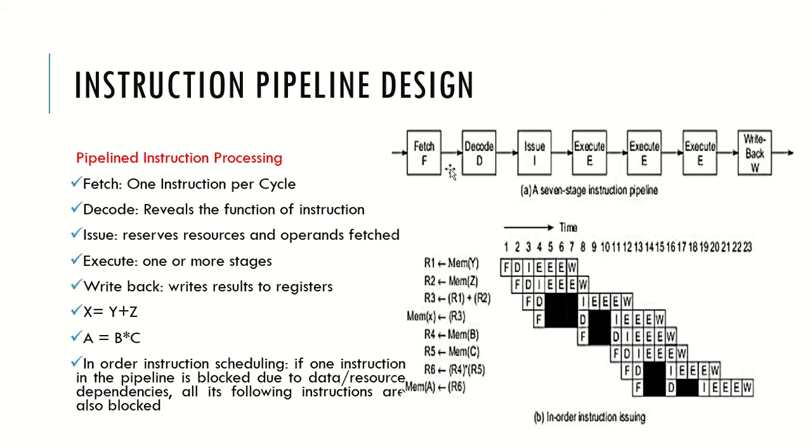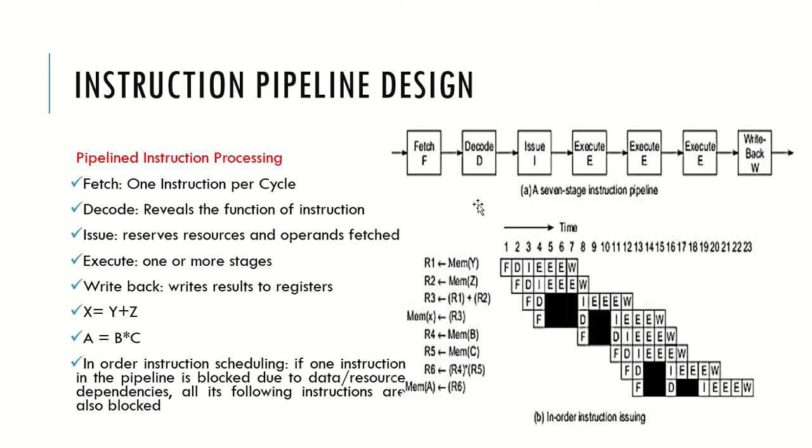This is a primary example of an instruction pipeline. What you see here is a 7-stage instruction pipeline. We have seen all the 5 stages, but in this pipeline you have 3 stages dedicated to execution itself, totaling 7 stages. There is a single fetch stage, a single decode stage, a single issue or operand fetch stage, then 3 stages for execution, and finally 1 stage for writing the results back to main memory. This is the idea behind a k-stage instruction pipeline.